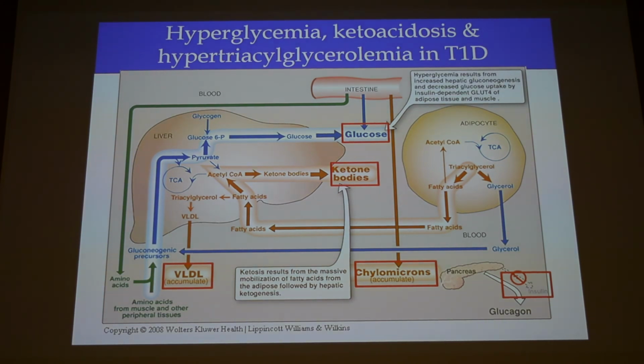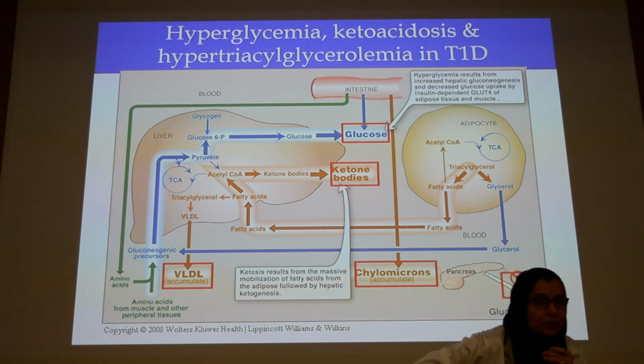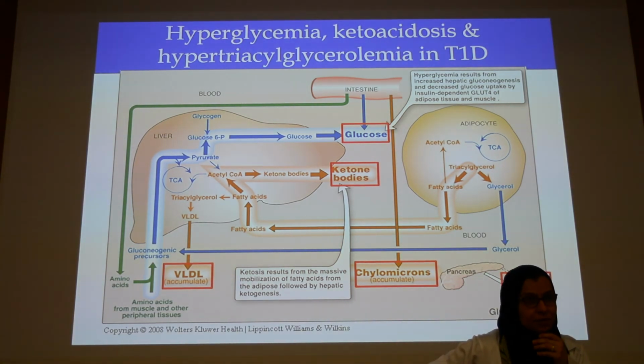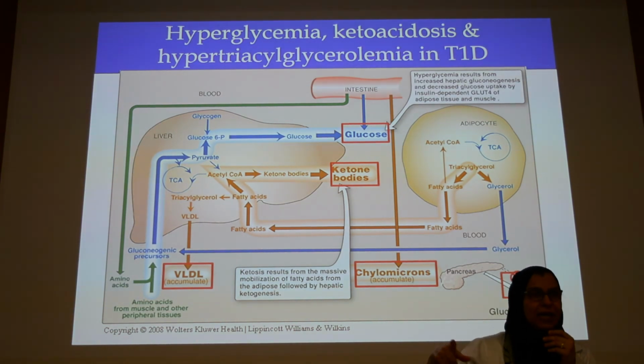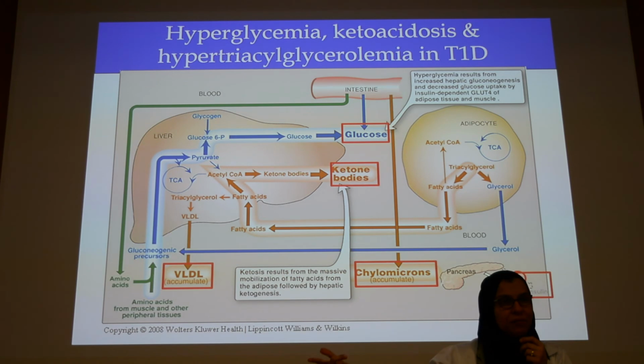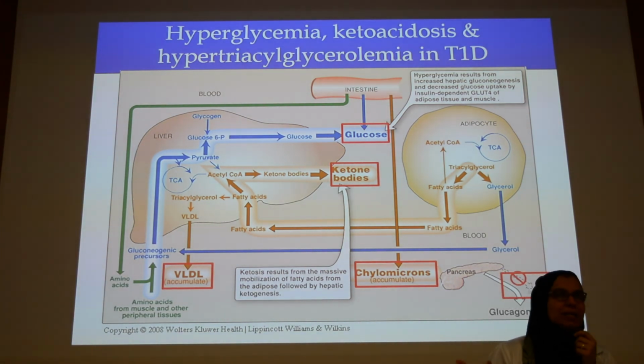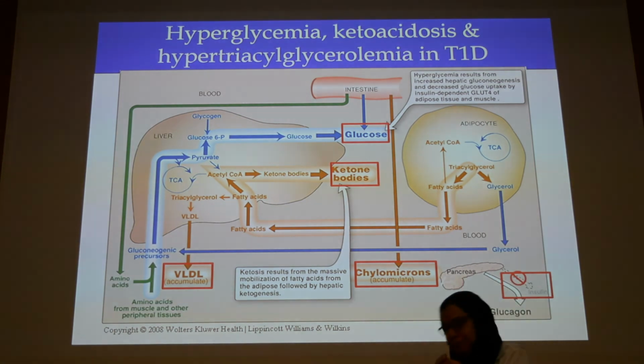Why do we have it? So many of you know, which is good. Because in the TCA cycle, the intermediates will be busy making gluconeogenesis, and this will increase the acetyl-CoA. So acetyl-CoA will accumulate, and acetyl-CoA will form ketone bodies. And why do we have too much acetyl-CoA to start with?